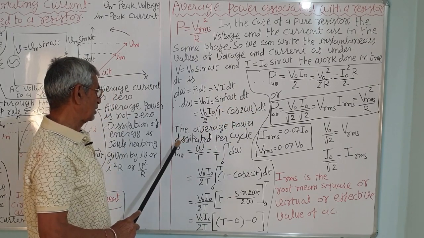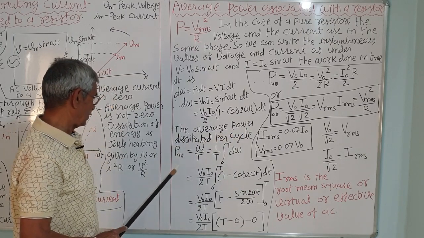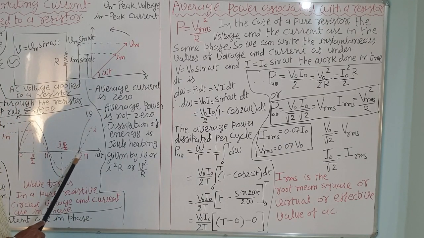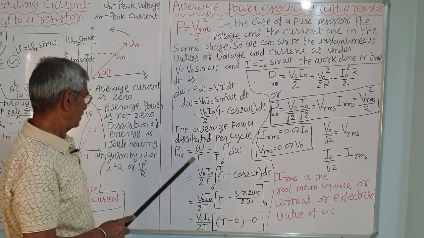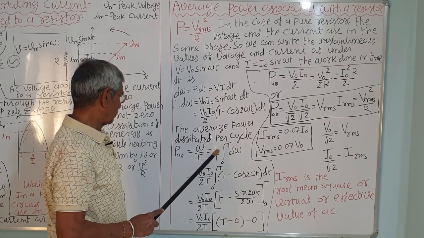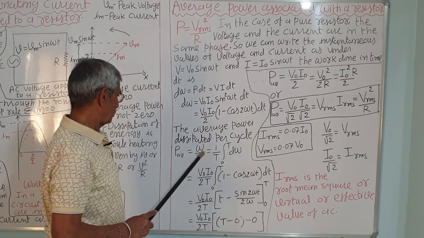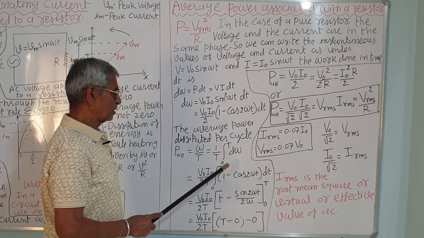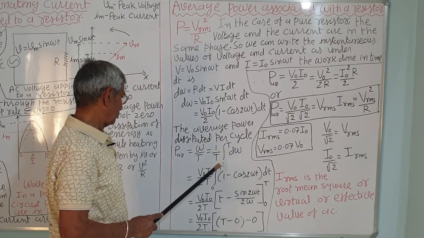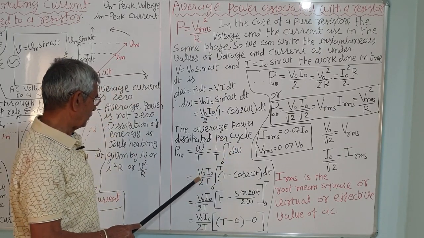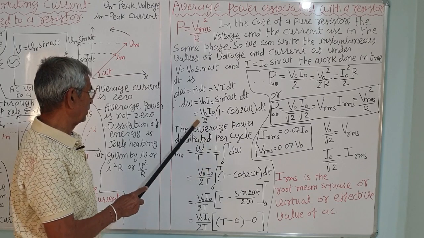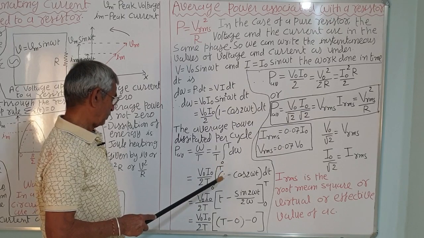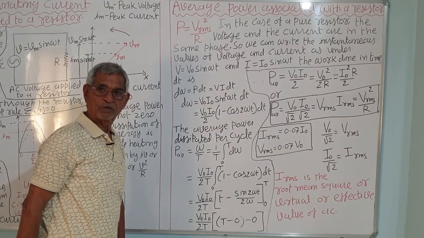The average power dissipated per cycle, that is P average, is equal to 1 divided by T, where T is the time period of one cycle, into W, the total work done, which is the integration of dW from 0 to T. That is equal to V0 I0 upon 2T, into the integral from 0 to T of 1 minus cos 2 omega t